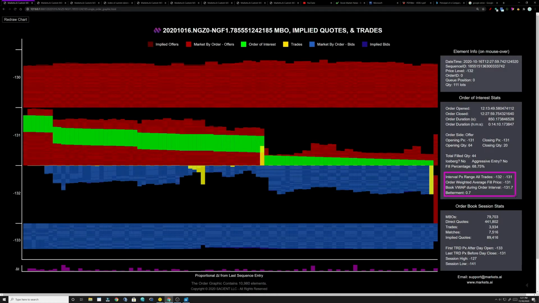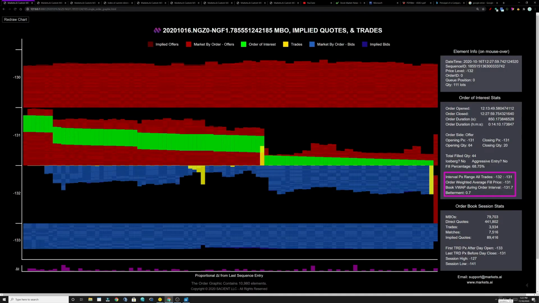And by not having a sense of urgency and becoming aggressive and resting during the order interval, it beat the VWAP by 0.7 ticks. If that was negative, it would be worse than. And lastly,